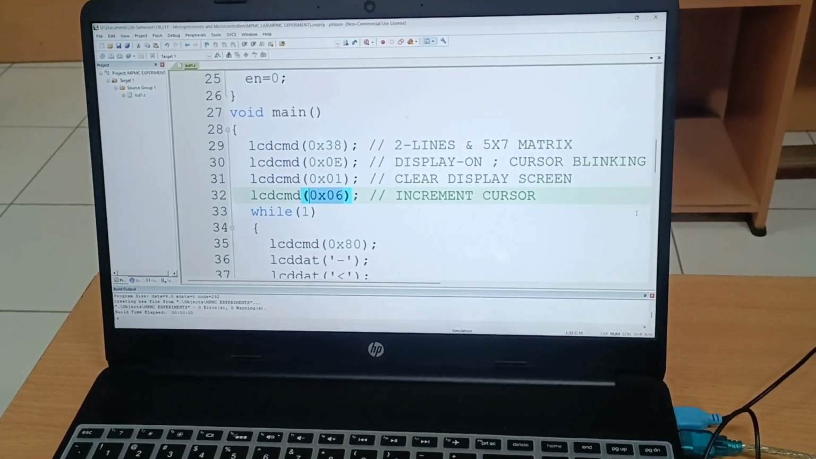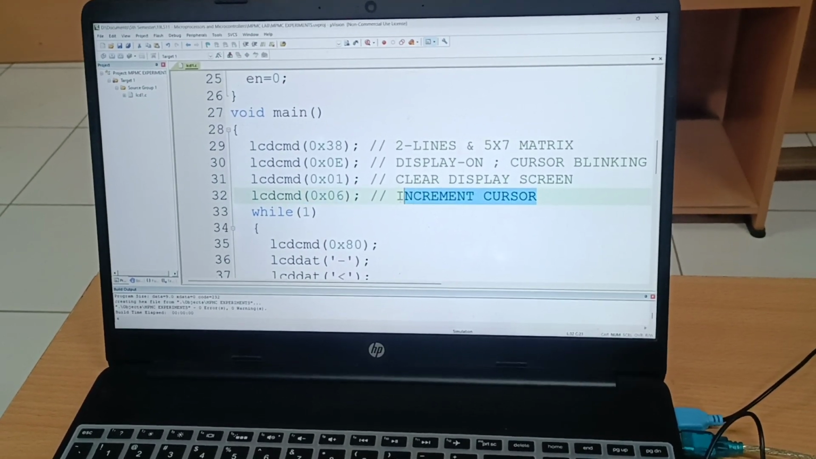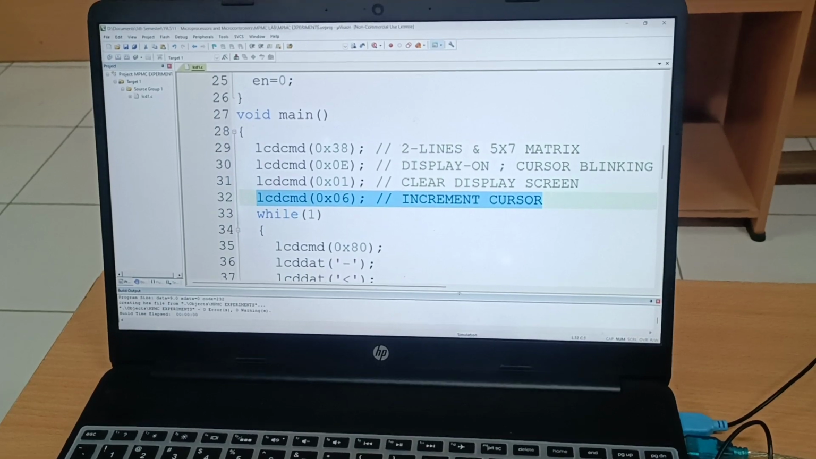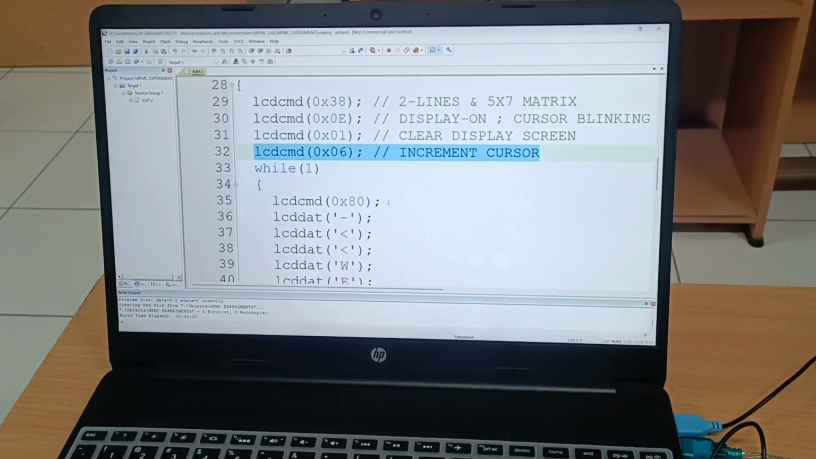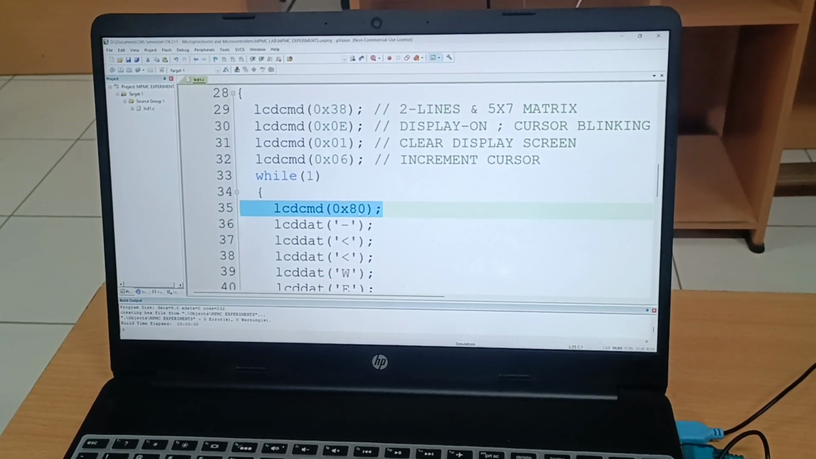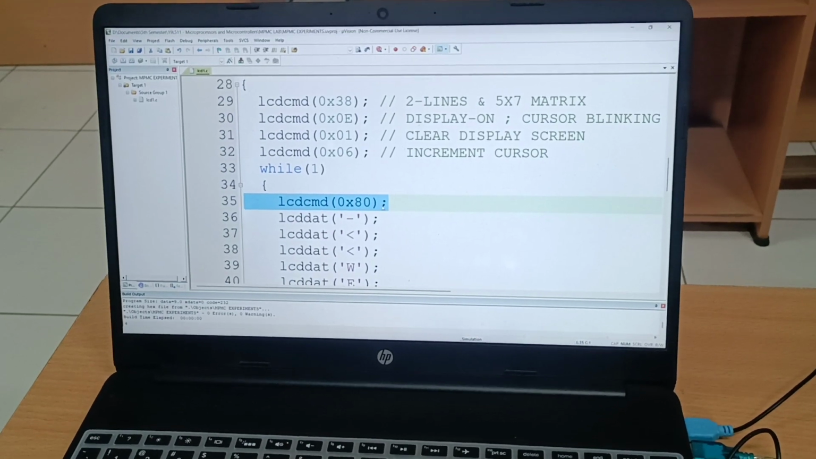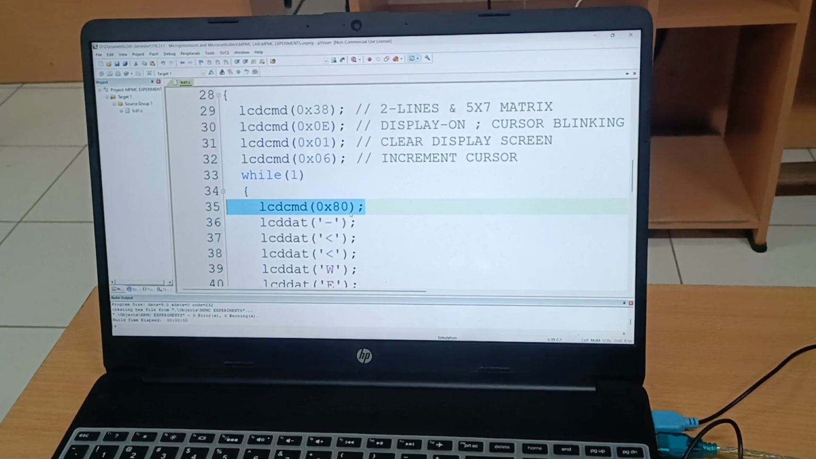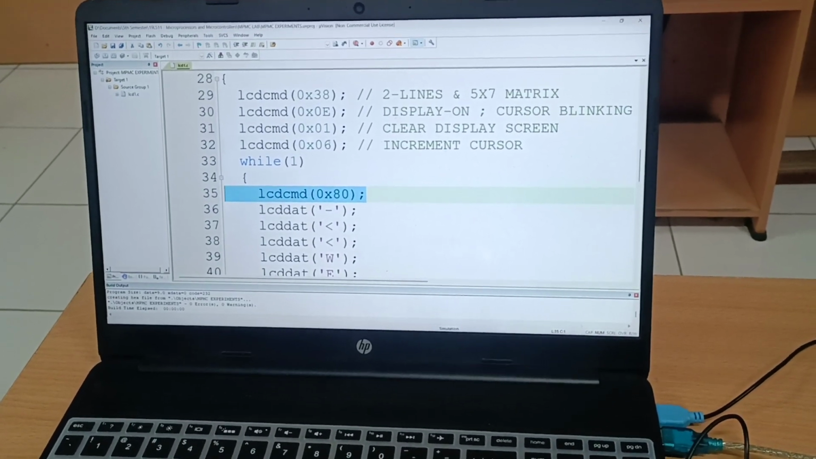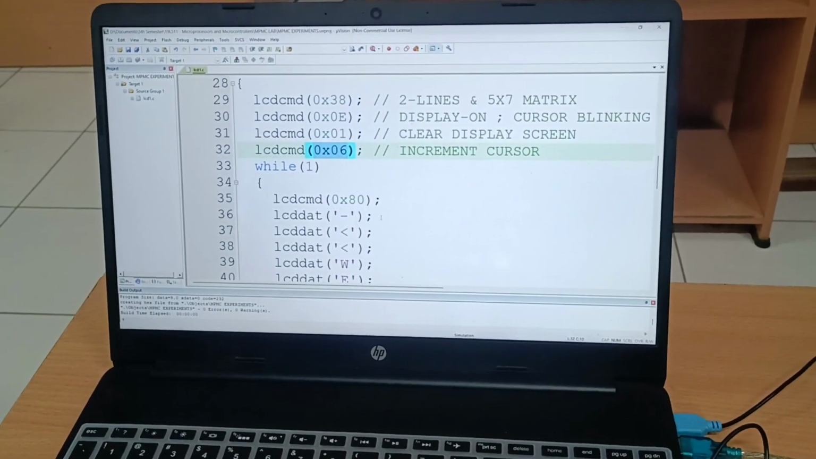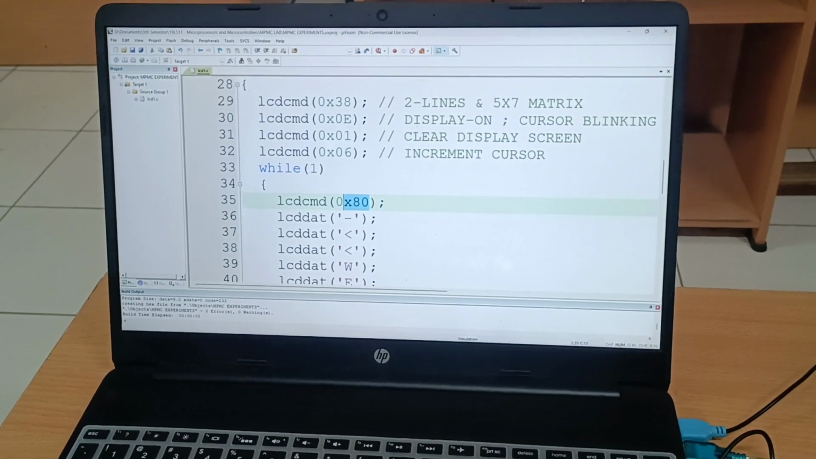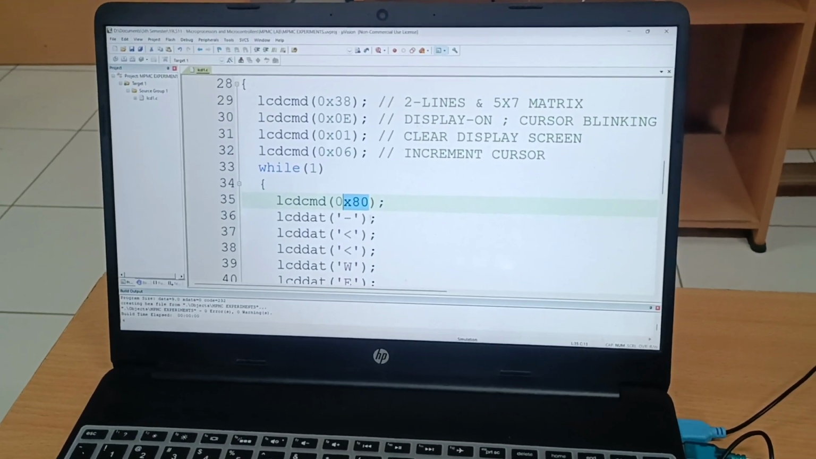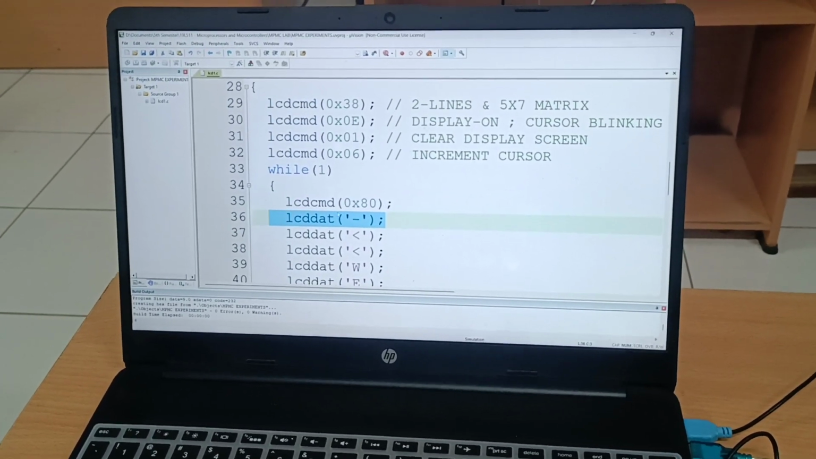What do you mean by increment cursor? As discussed, when you give the command as 80, it notifies the address of the first row first column. The address of the first row first column is 80. Because we have given the command as 06, after giving 80, when you send the data to the 80th location,